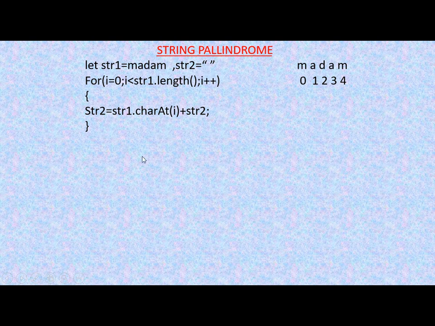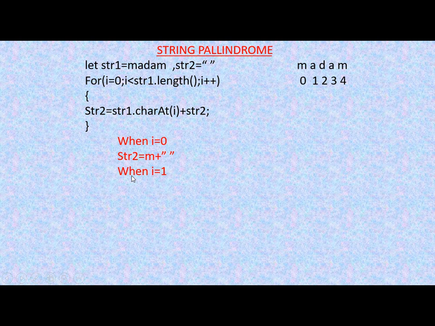So let's see how this code will be executed. When I is equal to 0, initially str2 will be equal to m plus null value. Here this is null, so this is m itself. So str2 will be initially only m.